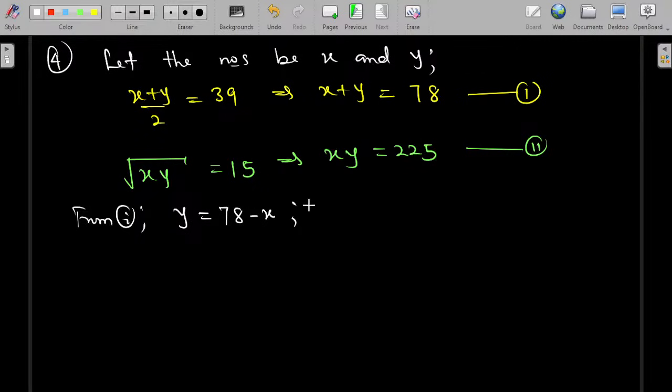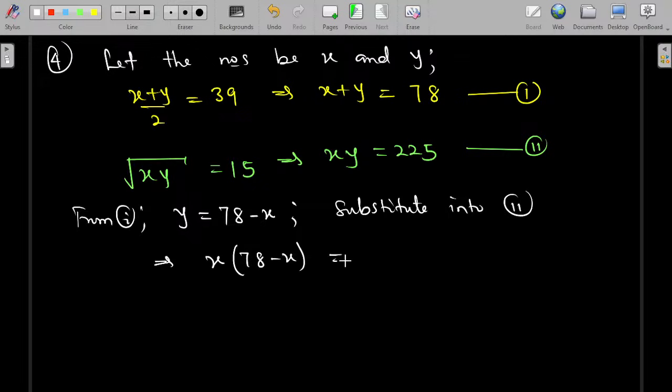I will now substitute into equation 2, and we are going to have x times y, now 78 minus x, is equal to 225. Right, so opening the bracket, you have 78x minus x squared is equal to 225,